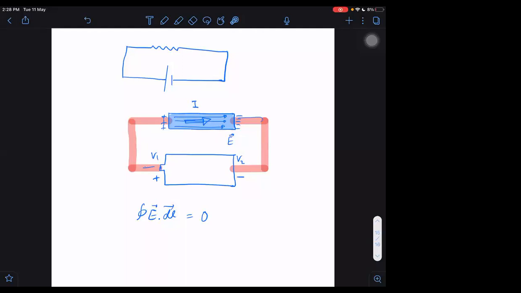What would happen if I go inside this battery? If I go inside this battery, then this thing may not be valid. If I take a loop in this way and start going around, would it still be 0 or not? No, sir, it may not be, because the electric field of this and that cannot be equal: the electric field inside the battery and the resistor.